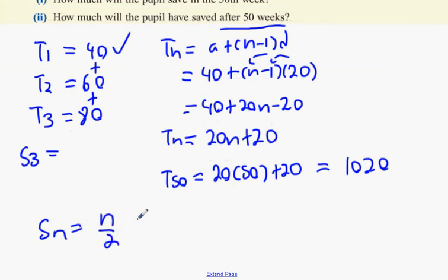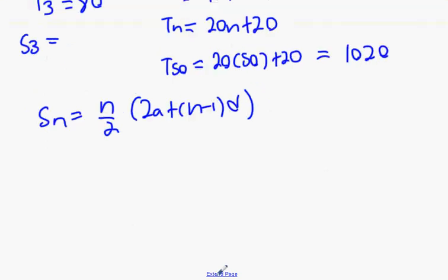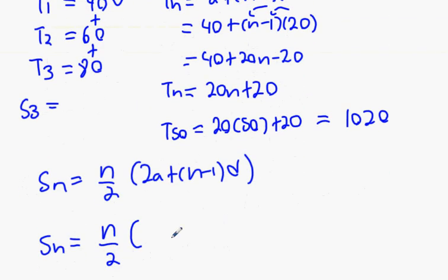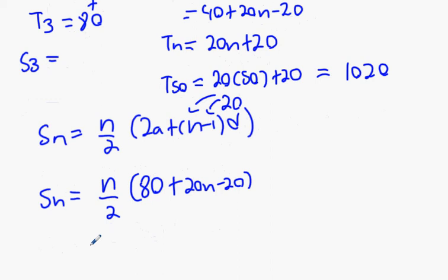So to use S50, we're going to use Sn. Sn equals n over 2, 2a plus n minus 1 times d. Okay, and Sn is going to be equal to, we can put in the 50 right away if you want, but we'll just keep it the same. What's a again? A is 40. 2 times 40? 80. And then that's 20 again, so multiplying the 20. 20n minus 20. Add them together, and we get 20n plus